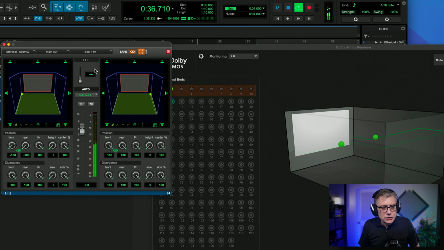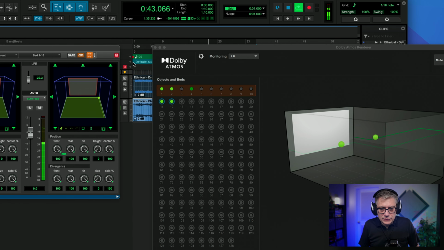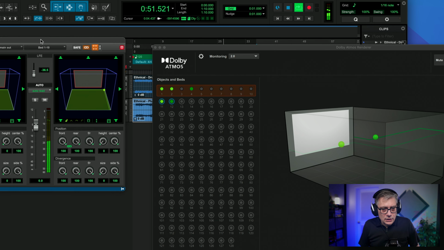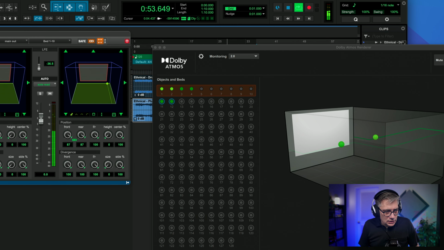Now, here you have the additional option of also being in control of the LFE. So if you want to put some signal into the LFE channel, here is channel number 4, right? So no LFE. I can change how much LFE I want. And obviously, if I'm now changing the position of those, I will start to get the additional audio in the additional channels here.